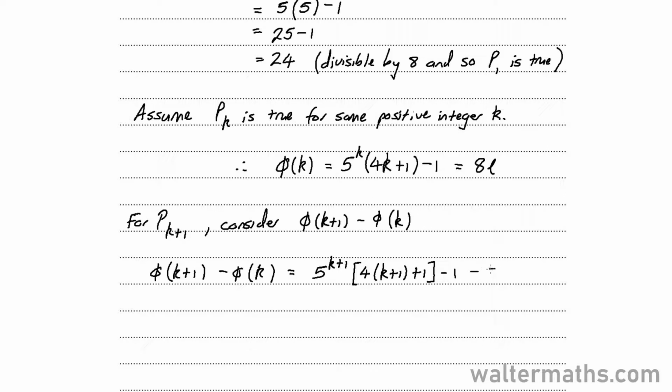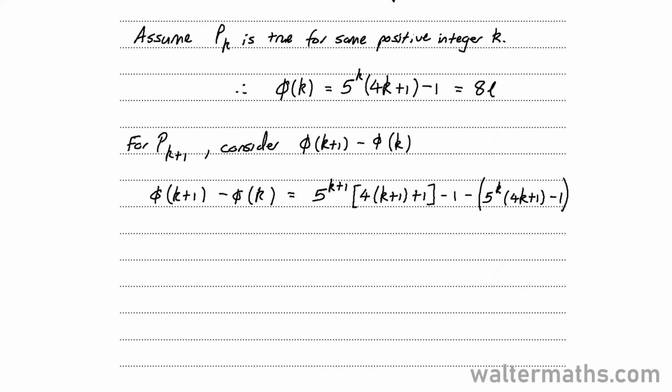For phi k, it's 5 to the power of k of 4k plus 1 minus 1. So we can actually simplify this. So 5 to the power of k plus 1 is 5 to the power of k times 5 to the power of 1, and it's multiplying inside the bracket. It's 4 of k plus 1, which is 4k plus 4, and plus 1, it becomes 4k plus 5, and